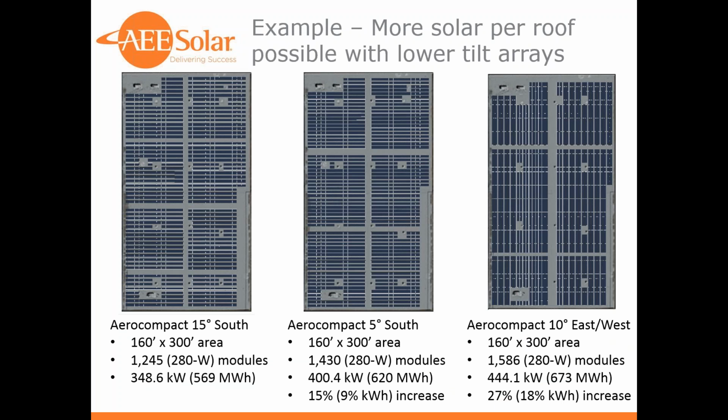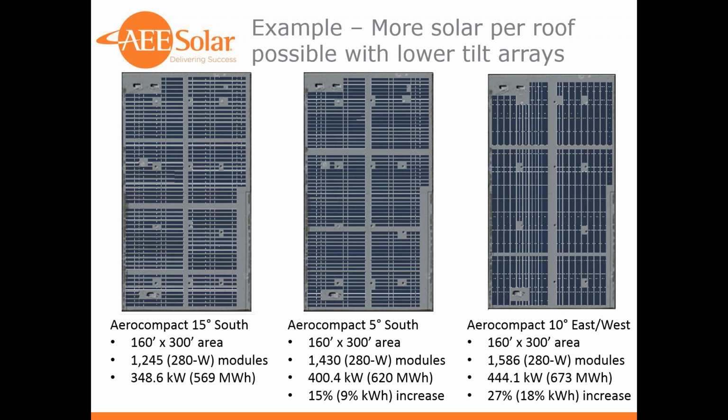Yeah, okay. So here's a quick example of the density of the arrays with the various tilt angles, considering Aero Compact 15 degrees south versus 5 degrees south versus the east-west. This is a building that I chose in Sacramento, and PVWatts estimates were used for that calculation using the SolarEdge design tool. Of course, your energy production will vary by location, but this is just for example